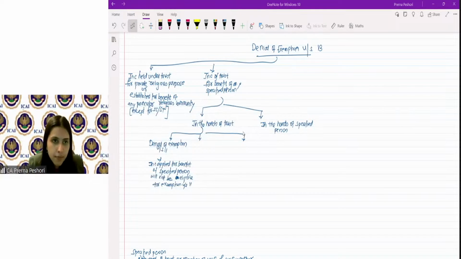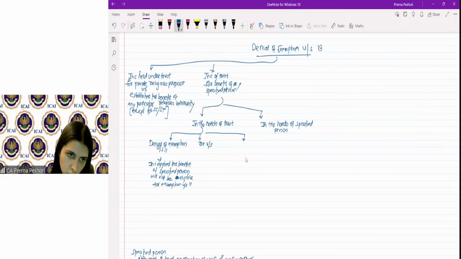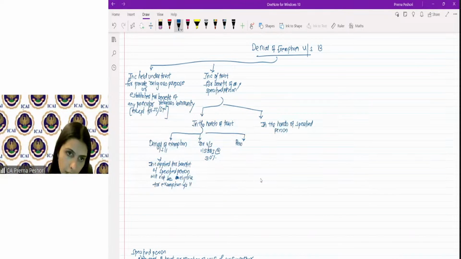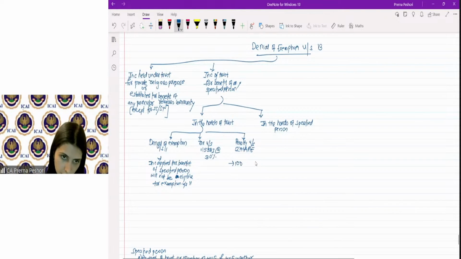Okay. Secondly, tax under section 115BBI at the rate of 30%. This income will be taxable under section 115BBI at the rate of 30%. Third, there will be penalty under section 271AAE. Now, what is the penalty? The penalty under 271AAE is 100% of the amount applied. This is in the case of first time, and in case of subsequent offense, 200%